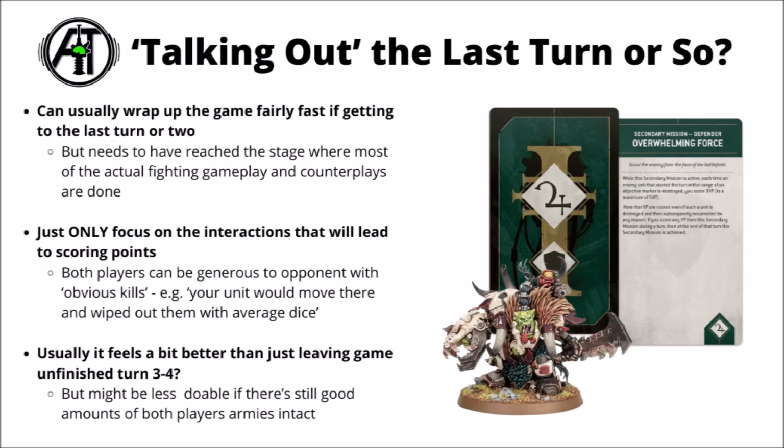Perhaps particularly easier to do if one player's kind of won the damage game at that point, and the last few actions are just going to be players scrabbling around for as many victory points as possible, as opposed to having really big pivotal conflicts where, say, a big melee might win or lose the game. Some people like this a bit more than others, though in general I feel like it is really quite easy to wrap up a game of 40k quite quickly, provided you have done the main fighting game and there's just not a ton of time or turns left for doing clever things to outwit your opponent and just focusing on drawing secondary cards, scoring primaries, and only doing the interactions or pivotal damage combats that will actually lead to scoring